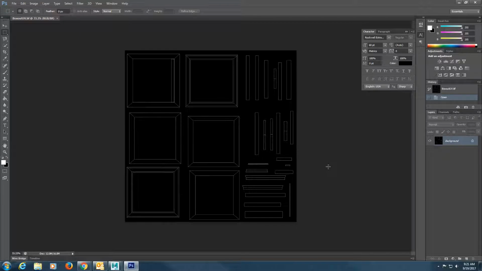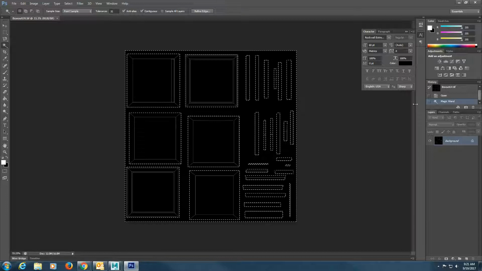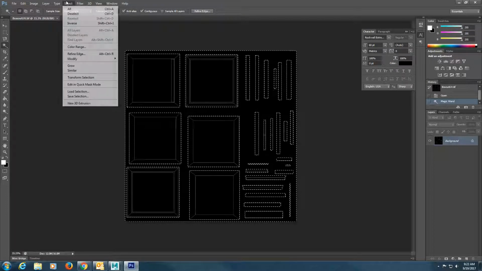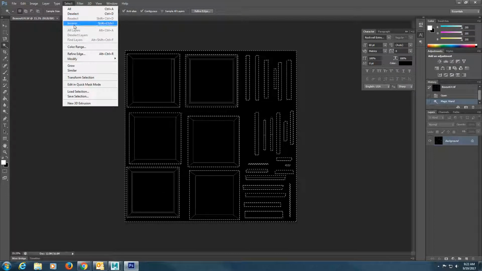Now you see that even though it has a black background, there's a white edge outline. We're going to use that as reference. Before we could even decide to put in texture, you want to at least make a copy of this. So what I'm going to do is use my magic wand, select all from here. I'm going to go to Inverse,